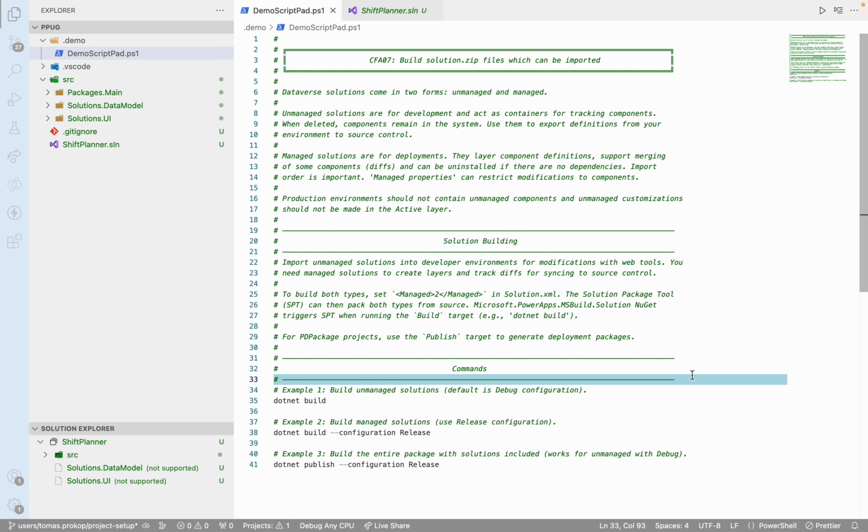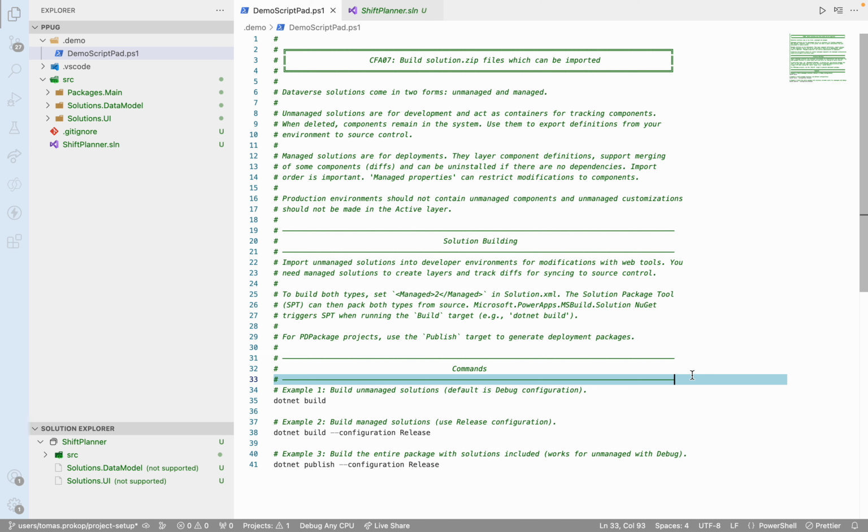You can have unmanaged solutions, which are useful when you need to change something on the live environment. So you use the unmanaged format, which you import to your development environment, make some changes, and then sync the changes back to your local repository. This workflow will be improved with the newly announced Git integration capabilities. Also, there will be some format changes, so the XML definitions might not look exactly the same as they do today, but that is yet to be resolved by Microsoft. And then if you have your artifact ready, you use a managed solution to import it to downstream environments